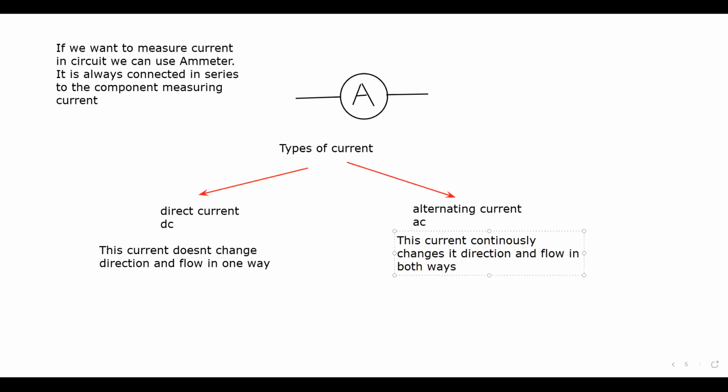Example, and how we show an AC supply or a DC supply. Like for example, if we have a lamp and we have a DC current, direct current in the circuit,